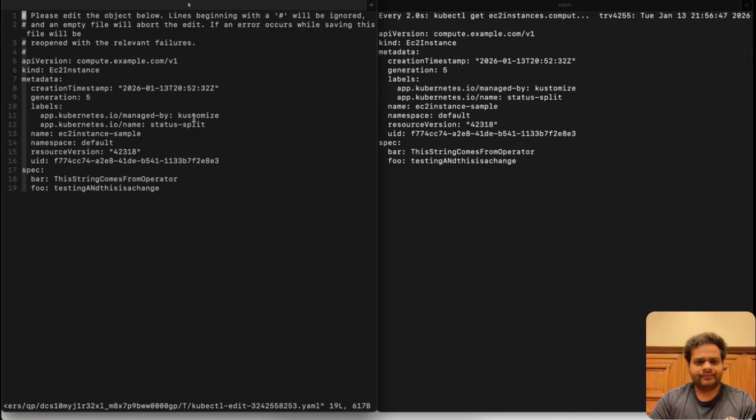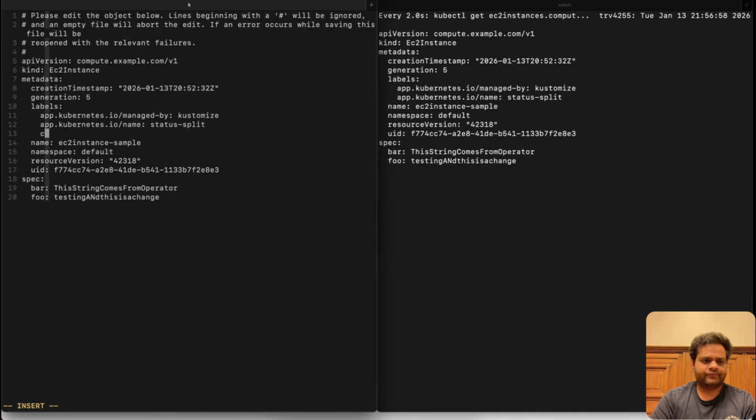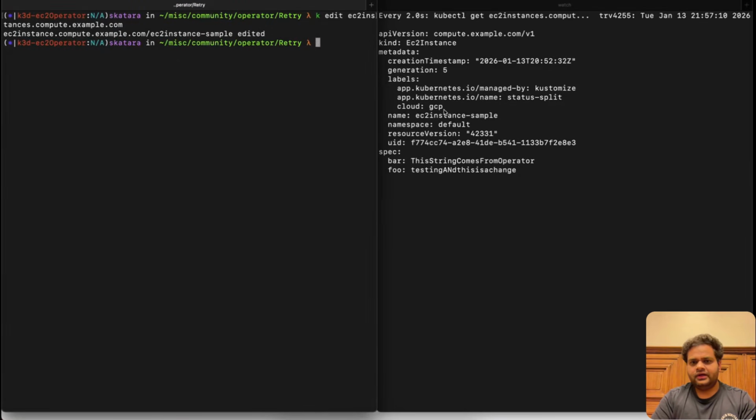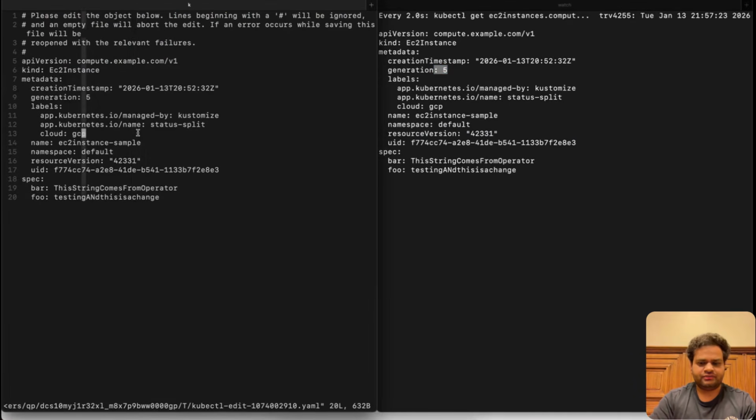Now, to show you that it does not really matter what change was made on the object, if I just make a new label and say cloud GCP, this is to show you that we are not making any changes on the spec, but rather a metadata change. But even that, if I save and quit, you see, the resource version did change. It did not change the generation because we didn't make changes to the spec of our object, but the resource version changed. Just to quickly show you something else,